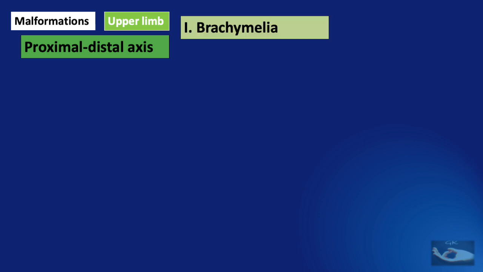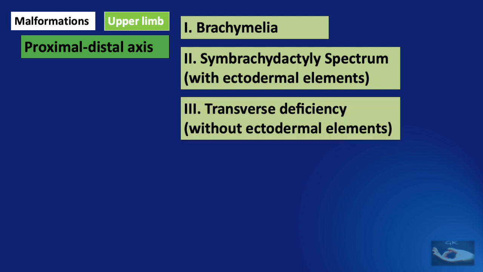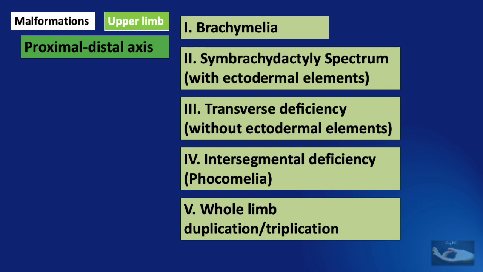When malformations of the upper limb involve the proximal-distal axis, it could be brachymelia, symbrachydactyly spectrum with ectodermal elements, transverse deficiency without ectodermal elements, intersegmentary deficiency, that is phocomelia, or whole limb duplication or